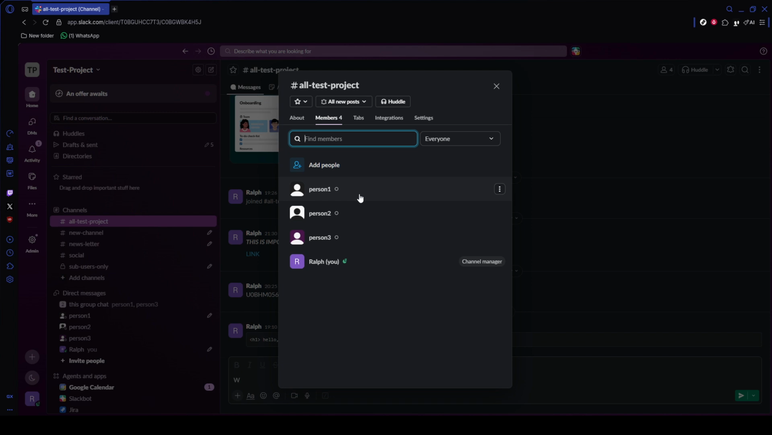Inside that pop-up window, look just below the channel title and find the navigation tabs. Click the Members tab. This will open the full member list for that channel. And you should also see a search field at the top to help you quickly find a specific person. Click into the Find Members search box and type the name or username of the person you want to remove. As you type, Slack will filter the member list for you, which makes the process much faster, especially in larger